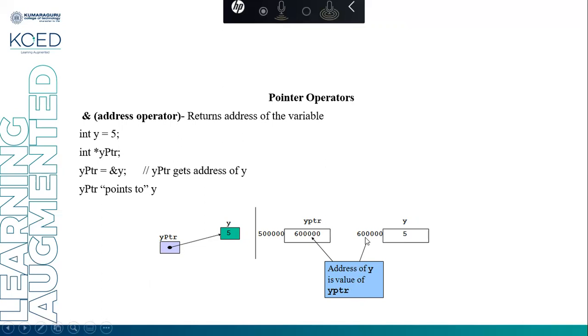So, for example, we cannot give the address for any variable. For example, a value is given here: 6 followed by 5 zeros. This is the address which is stored in the yptr. Yptr also has some address. Like other variables, a pointer variable also has an address. So the 5 and 5 zeros are the address of the yptr.